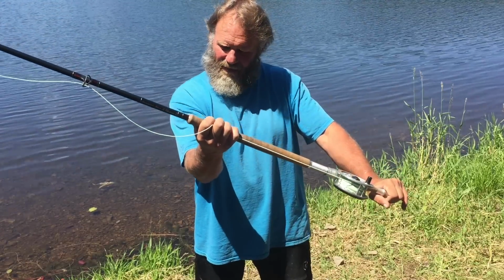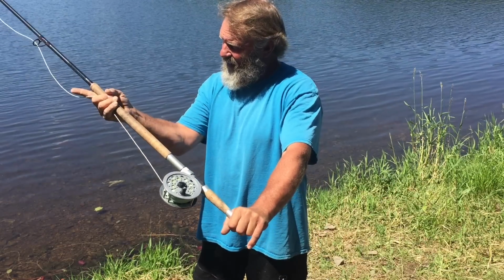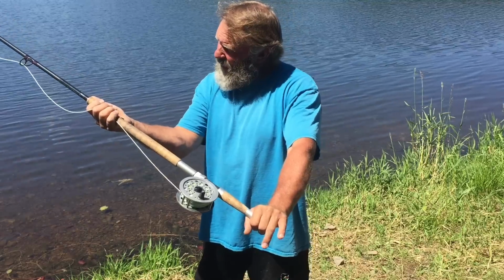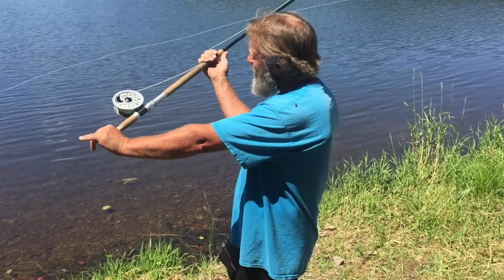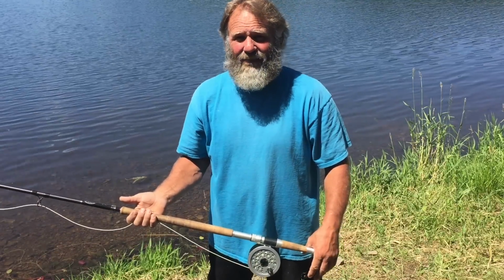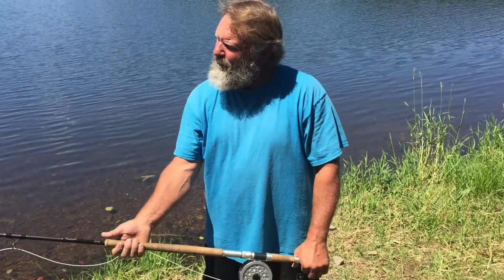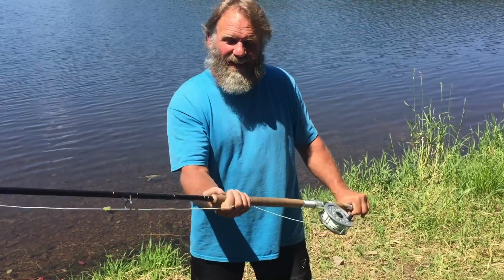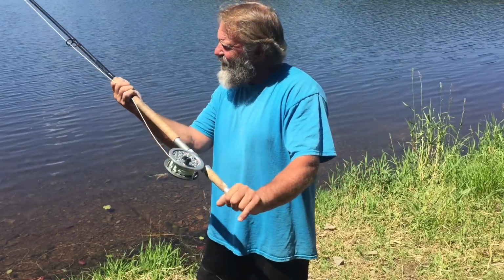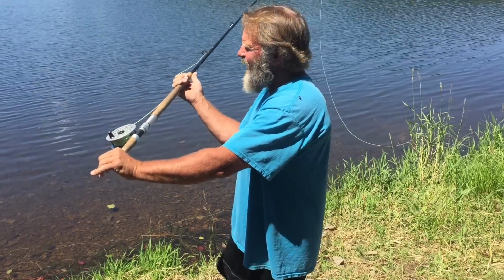rotate my body, lock these arms, rotate my body, and when I get about right here, just about ready to pass the target, that's when I'm gonna speed up the rotation in my body to the end of the sweep. I don't want the rod fully loaded as it's gonna get for my back cast. Don't want to really put a lot of bend in it till I get facing the target right now. Then I'm going to speed up my rotation, and at the end of the sweep, I'm going to circle up